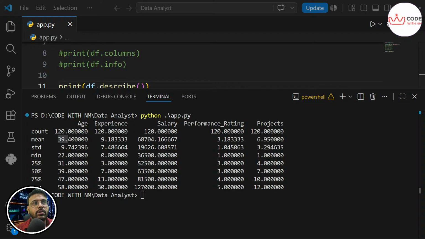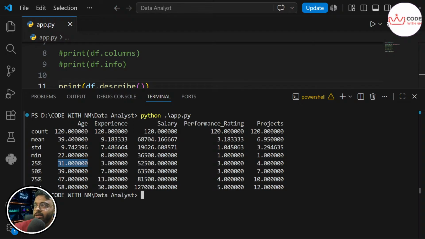Because how can I explain this to you all without a mathematical example? Okay, let's understand this. Let's take 25% out of 120 data. 25% of employees are 31 or younger in age. So the remaining 75% should be older than 31.